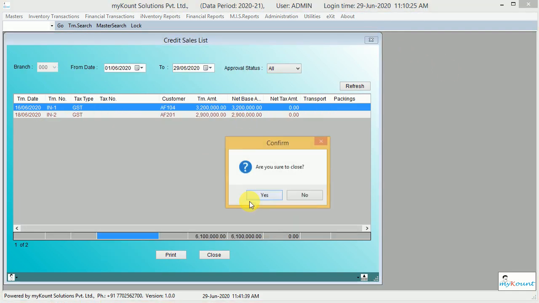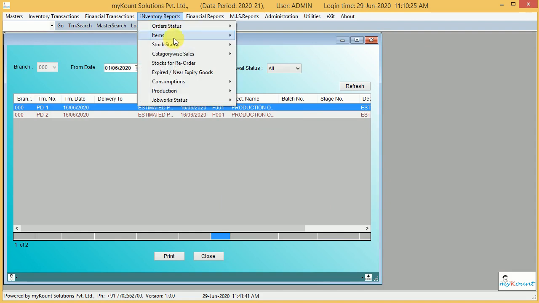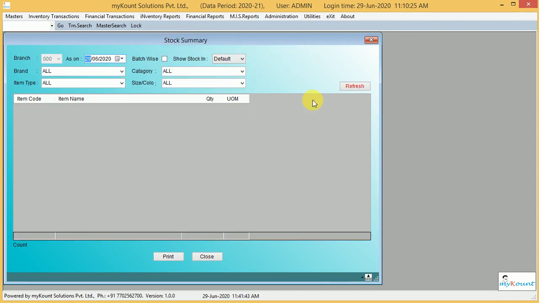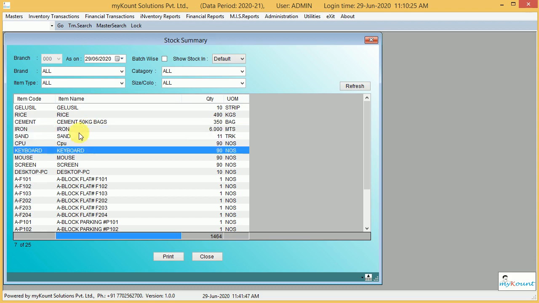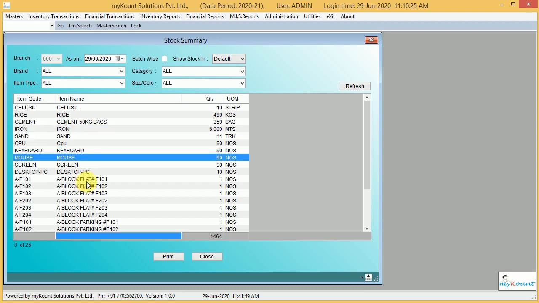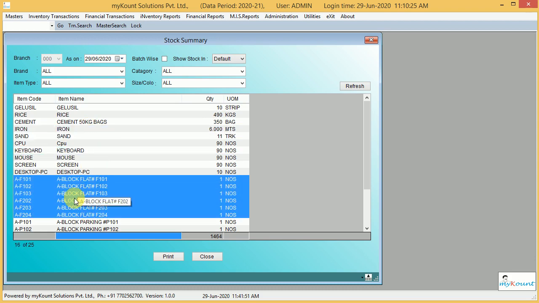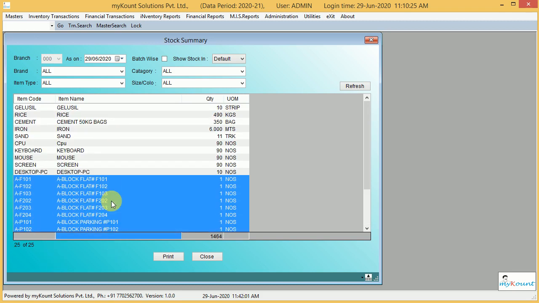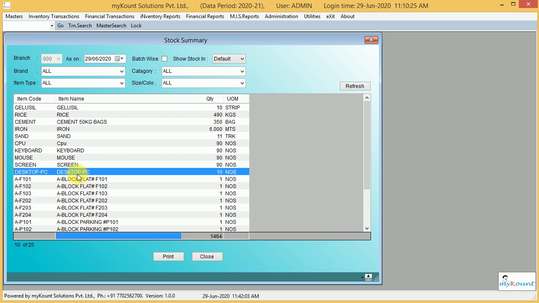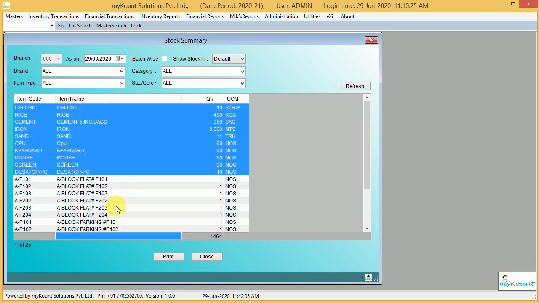Also, we can see the stock position in inventory reports. If you see stocks, here you see all the iron, sand, cement, everything will be coming here. Flats also come here. Here we can assign these item codes for specific users. For salesperson, we will enable only flats. For site people, we will enable all this raw material.